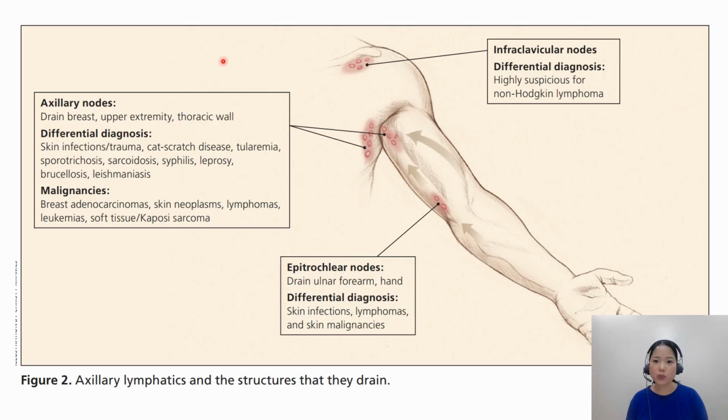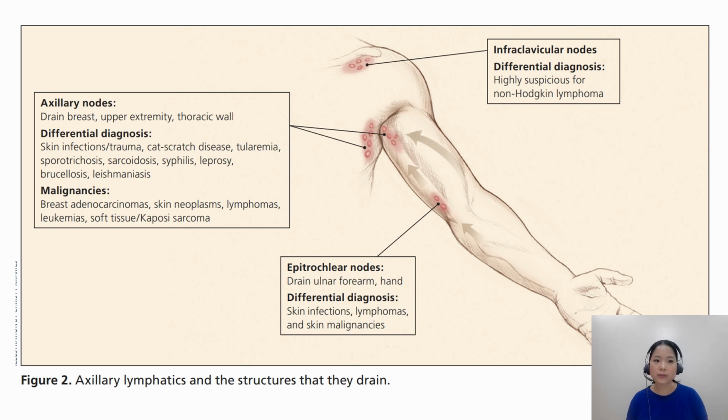This picture depicts the infraclavicular nodes, the axillary, and the epitrochlear nodes and their drainage patterns. So aside from checking for their drainage patterns, we also have to look at the skin because cat scratches or skin infections can give rise to axillary and epitrochlear lymphadenopathies. We also need to perform breast examination and ask for silicone breast implants as it may give rise to axillary